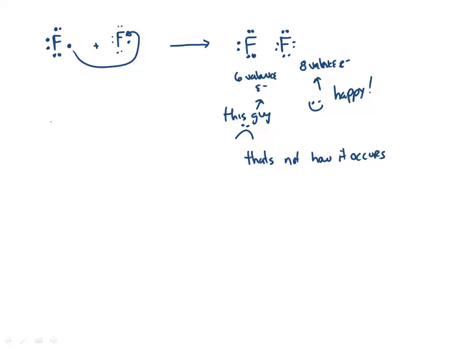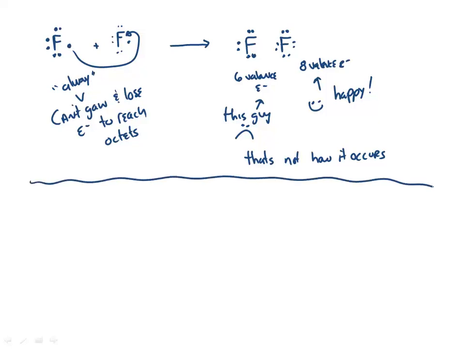So instead, we can't gain and lose electrons to reach octets. And maybe we should say we can't always, meaning we certainly can for ionic compounds. So what that means is that we have to share. And pictorially, the way we represent that with Lewis structures